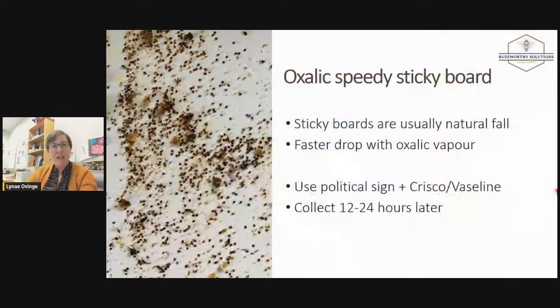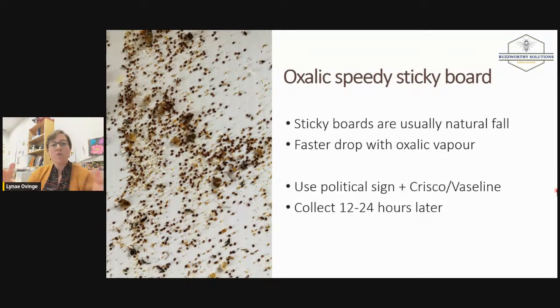And finally, I want to talk about one other Varroa monitoring tool you can use to try out your Varroa trials. And this is a bit of a weird one, or new one. And so I'm going to call it an oxalic speedy sticky board. And it does not have a name, but that's what I'm calling it. And I know 3 beekeepers in Alberta who do this. And I've never heard of it anywhere else. I've not seen it on the forums or anything.